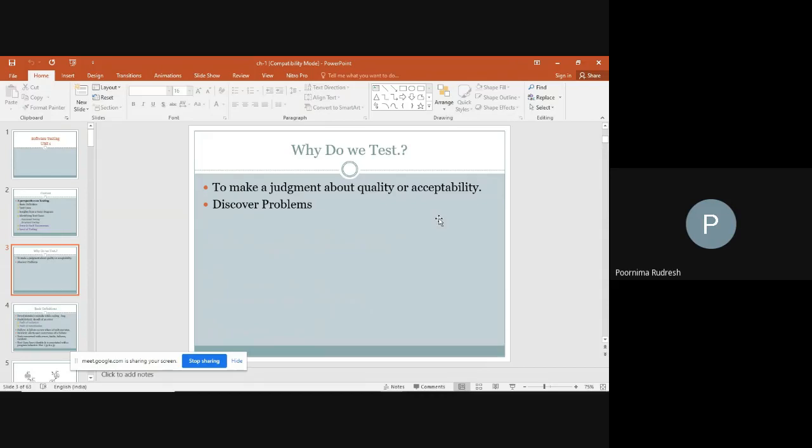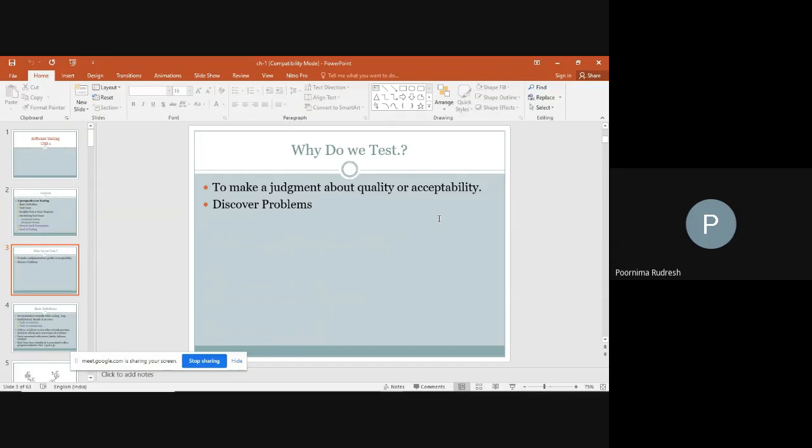why do we go for testing. Is it really required? Why do we go for testing, or why the testing is necessary, and why we are performing the testing process, that we need to know. So whenever you have developed something, let us consider that you have developed one app or some product, and that you cannot directly deliver to the user, right? So before delivering to the user, you need to test that product, or you need to test that app, right? So why we are going for testing?